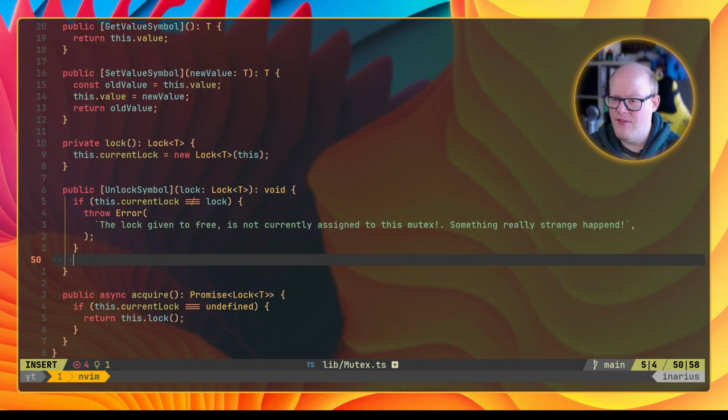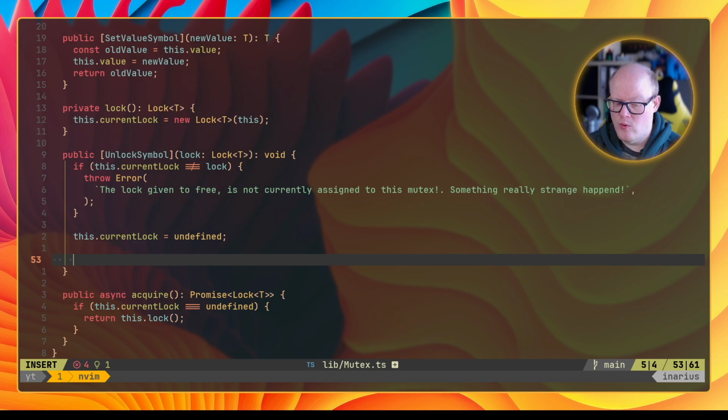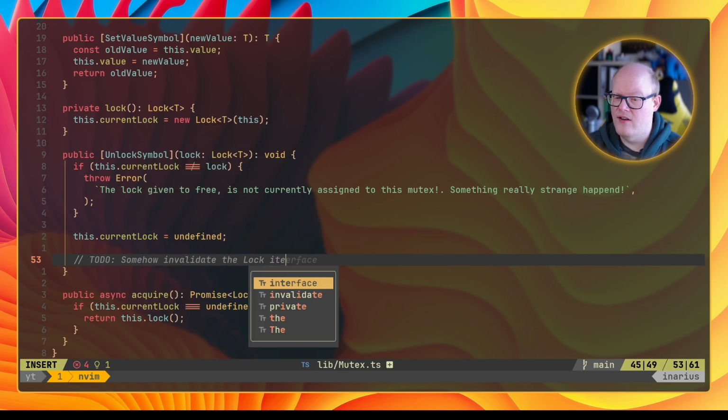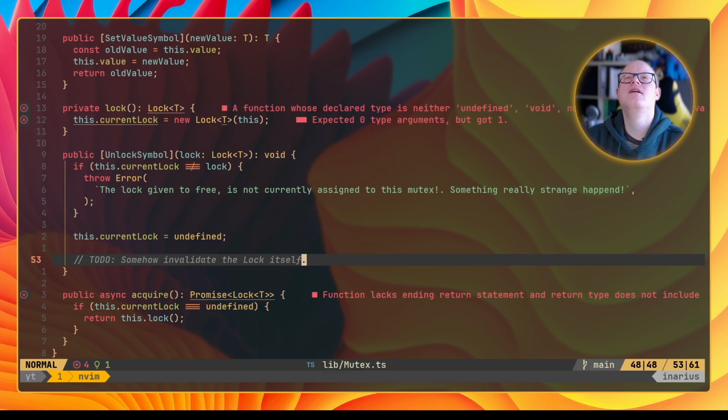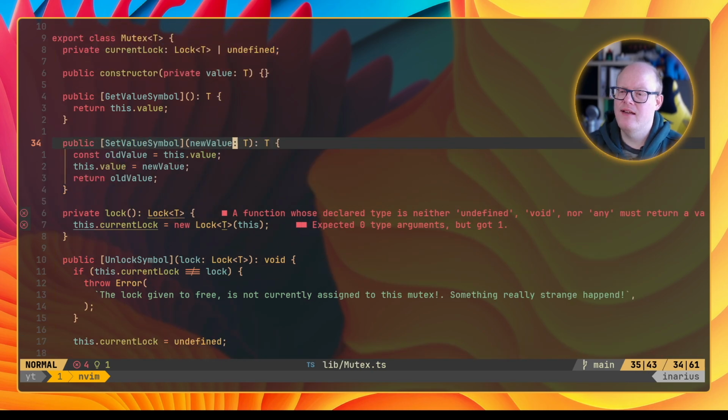Otherwise, we want to set the current lock to undefined, because now we don't have a lock anymore. And what we want to do is somehow invalidate the lock itself. So we need to tell the lock that it is no longer something that might actually access the value. Maybe we could do that by having it give the lock in each of the set value and get value